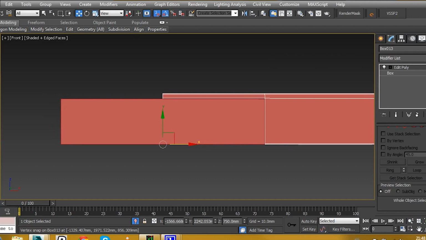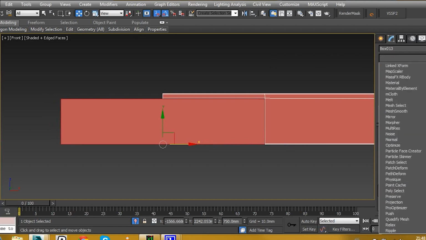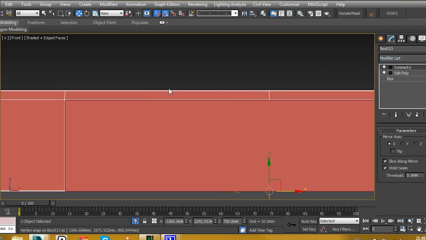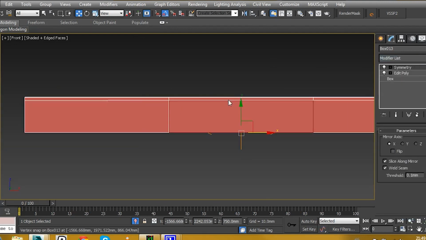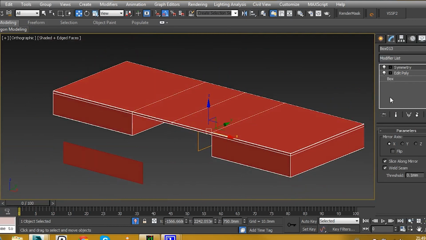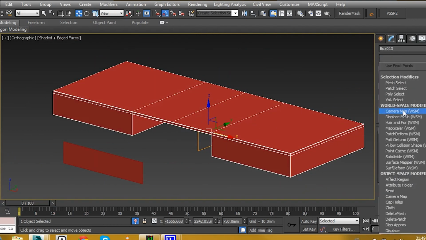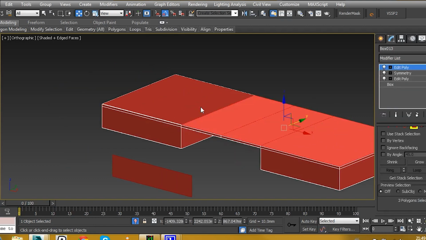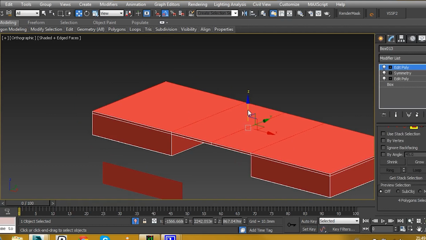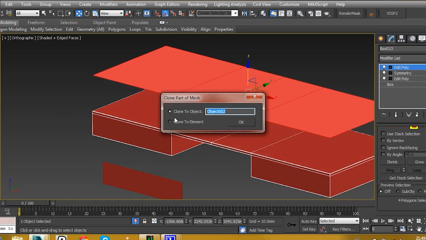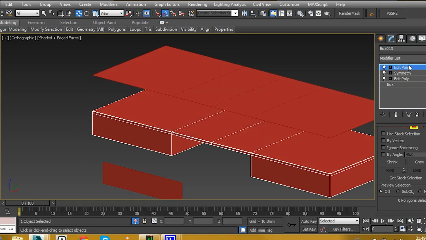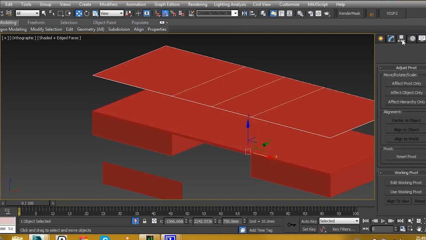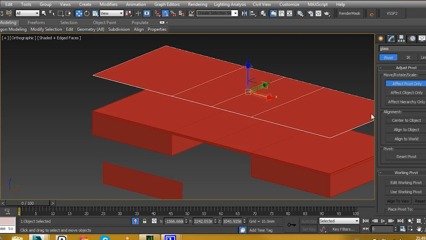Okay, so we'll just apply our symmetry modifier now. And you can see it's just replicated this half. Perfect. So over your symmetry modifier, we'll apply an edit poly again, and select the top faces of the table. Just going to shift and drag this on the Z axis, clone to object, and we'll call this glass. Deselect your edit poly and select our glass object. Just going to adjust the pivot to the centre,